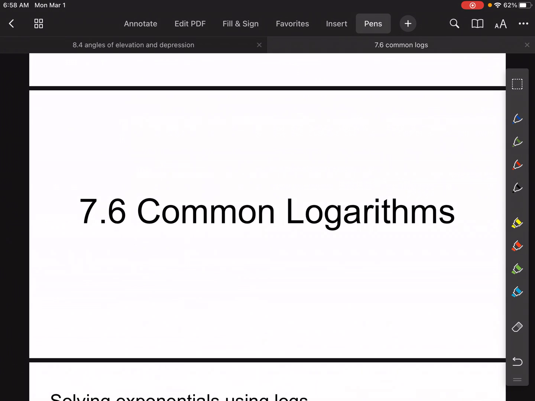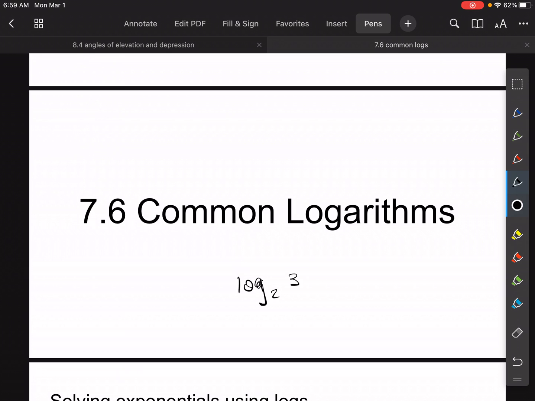All right, Algebra 2. Today we're moving into 7.6 common logarithms. So for today, we're going to be focusing some energy on how to solve common logarithms, and then we're going to end up being able to convert things like log base 2 of 3 into a base 10 logarithm. Okay, so that's what we're going to do today